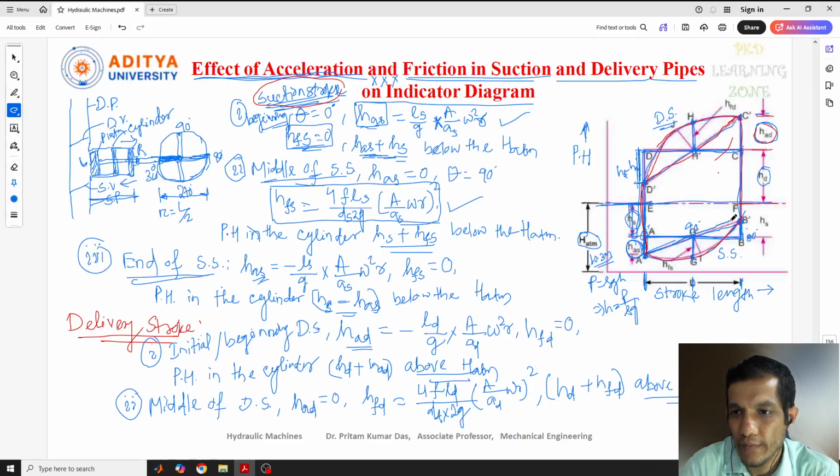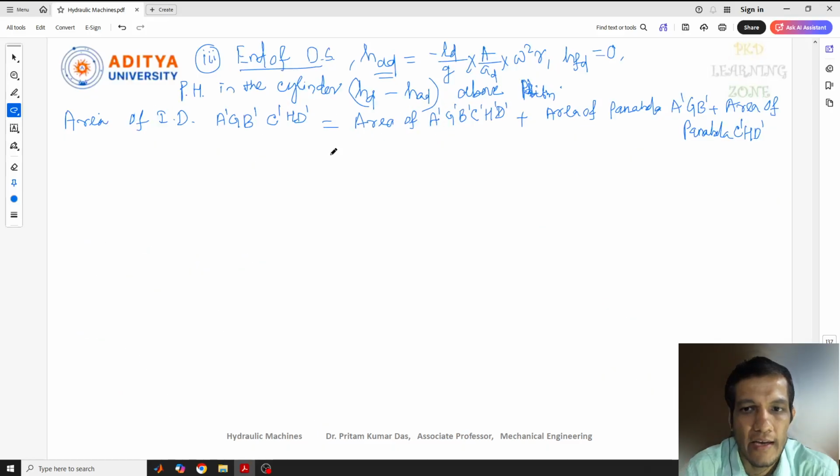A dash G B dash, again C dash H D dash is the total. Along with that, this one, A dash G dash. Here what I have written: A dash G dash and B dash. Again this is a parabola. That's why I have written two parabola areas here. This is one parabola, A dash G B dash, and C dash H